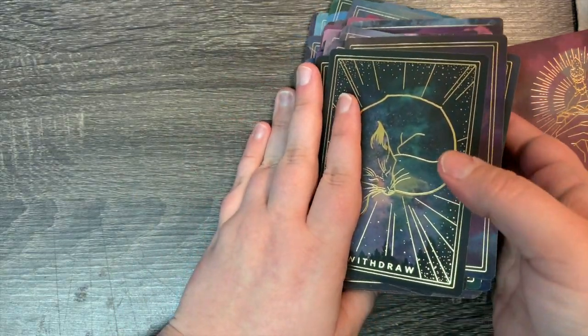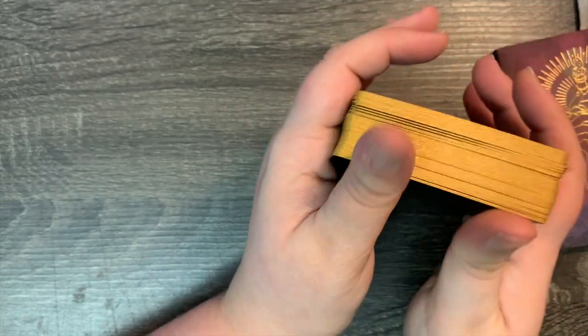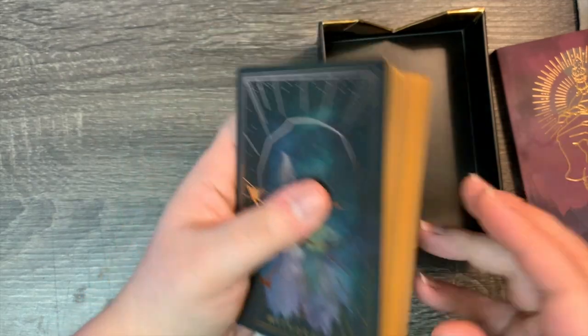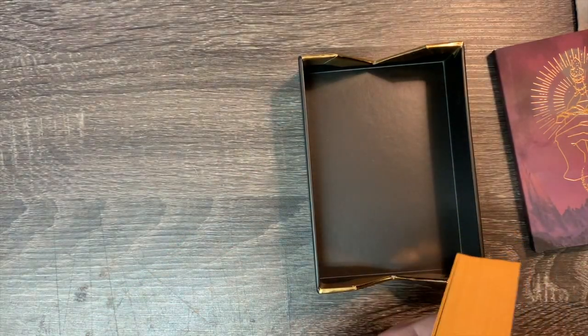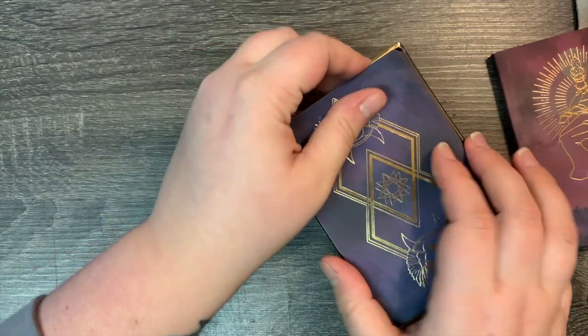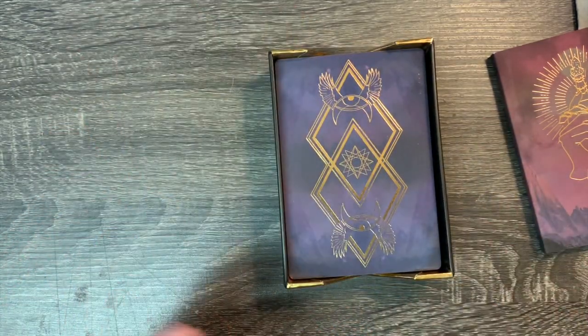All right, so that is the Shadow edition of the Threads of Fate Oracle deck. I just love this box. I love the way that it's constructed. I've never seen a box that has a cutout like that to where you can actually see the cards. I think that's a really nice touch. Not something that you see every day, and I really appreciate